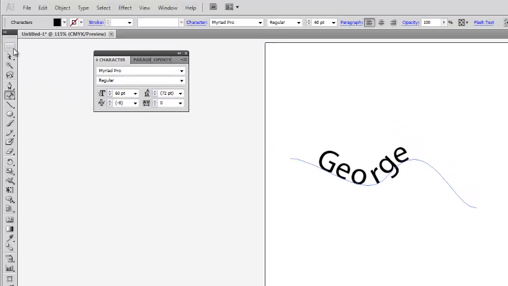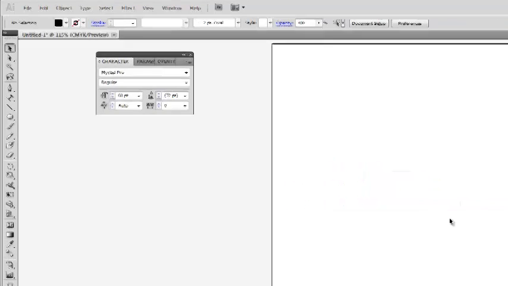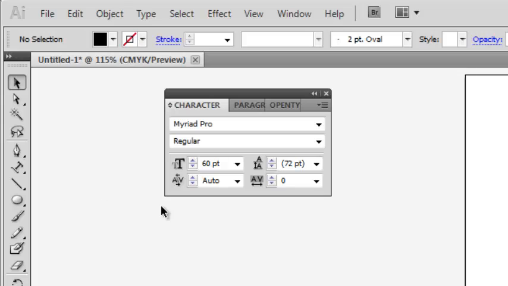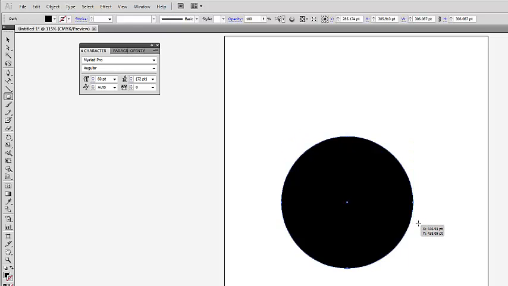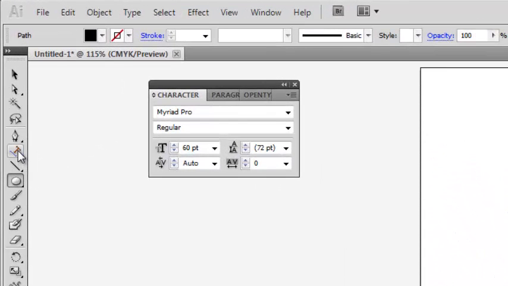The second thing you can do with a type on a path tool, and I'm going to delete this just so it's not distracting, is to type on an arc, which is typical in a lot of applications. So I'm going to choose the ellipse tool, and for the heck of it I'm going to hold down Shift, click, and drag, so I have a perfect circle. Again, I got this no stroke and a fill, and no worries, because whenever I hit the type on a path tool,